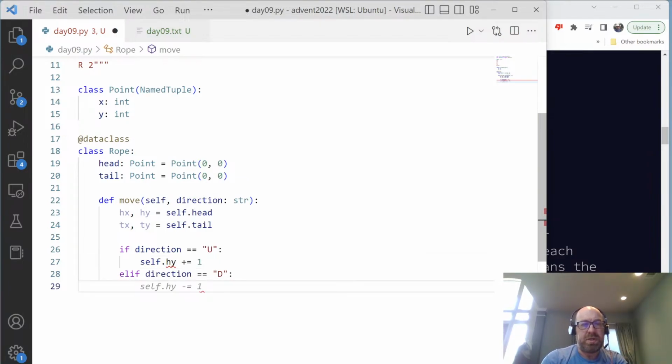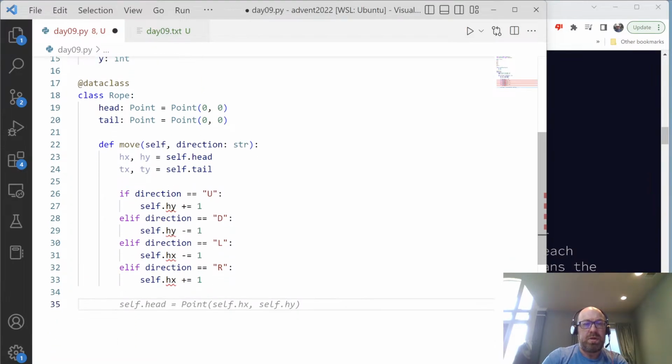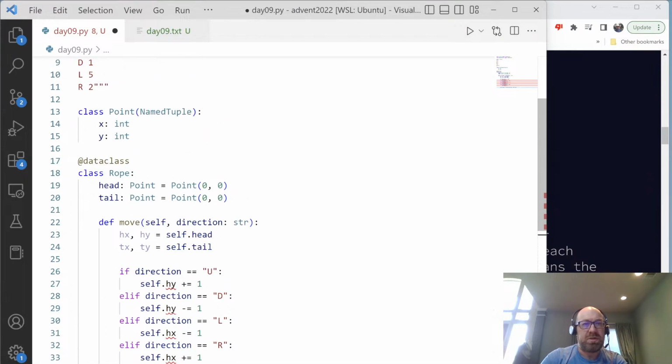Otherwise, if direction is down, self.hy minus equals 1. Otherwise, if direction is left, self.hx minus equals 1. Otherwise, if direction is right, self.hx plus equals 1. Okay? Except